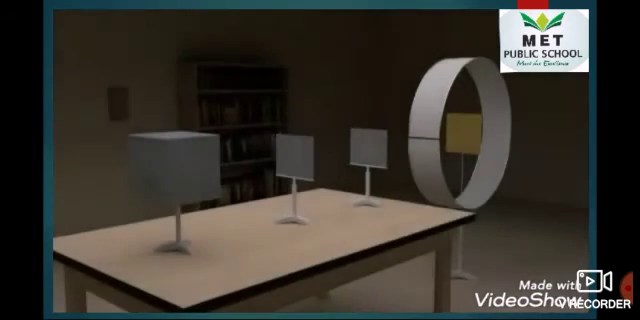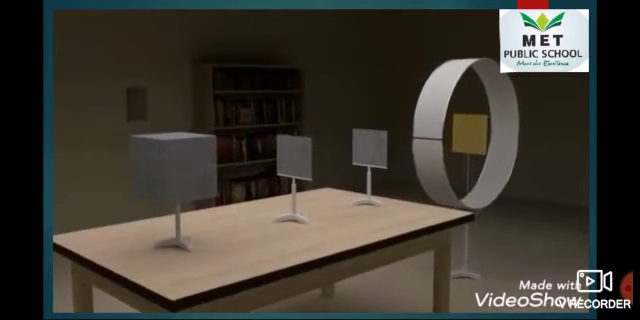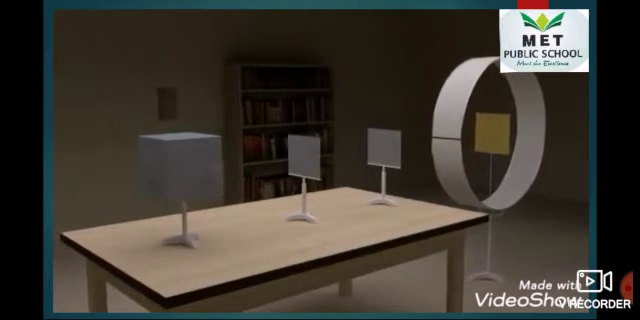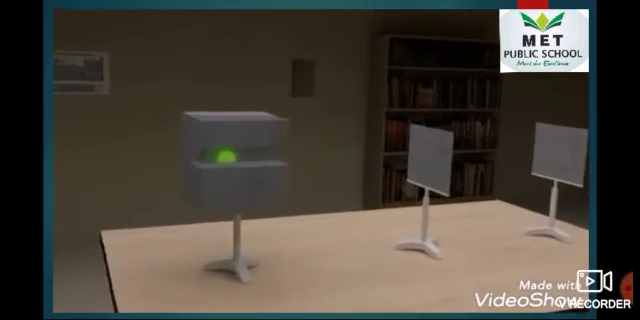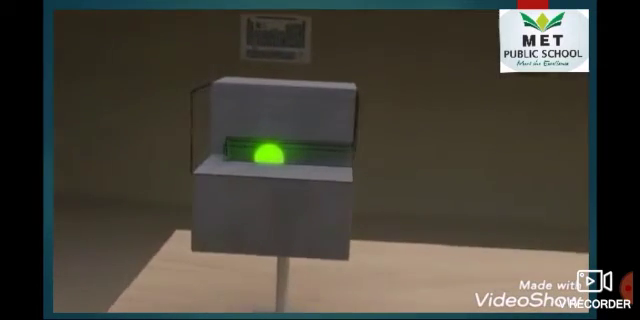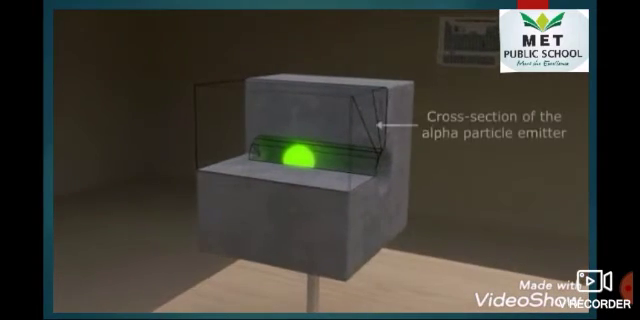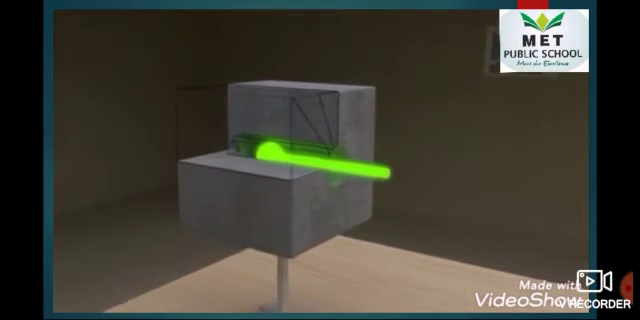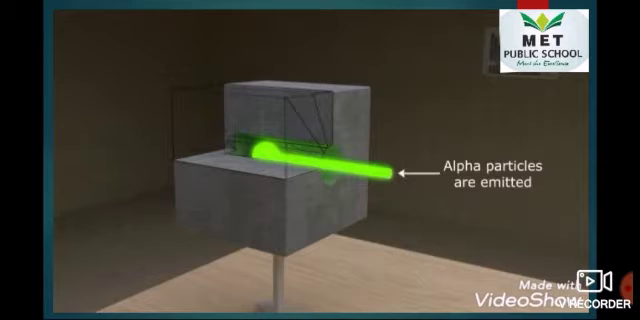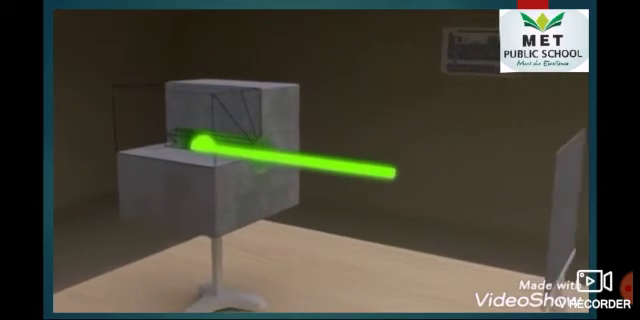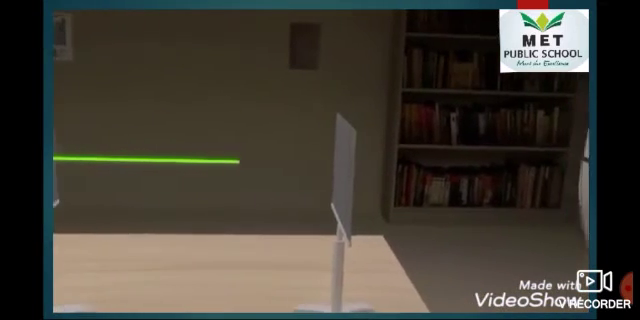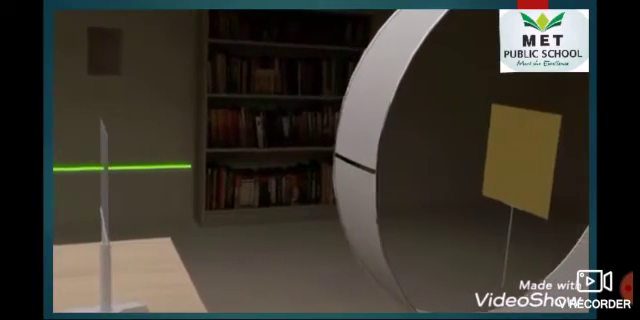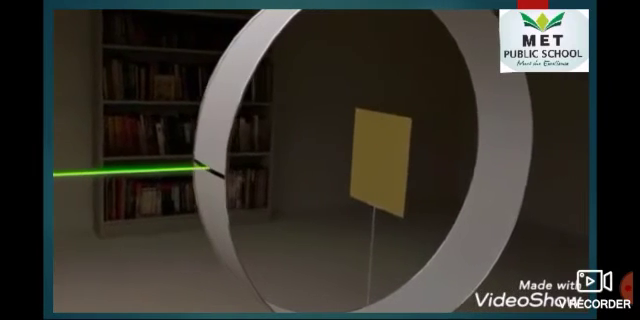Let me show the experiment. He took a cross section of alpha particles. The alpha particle emitter is now emitting through the two slits. This is an alpha particle. It is now emitting through the first slit and then through the second slit and directly falls on the